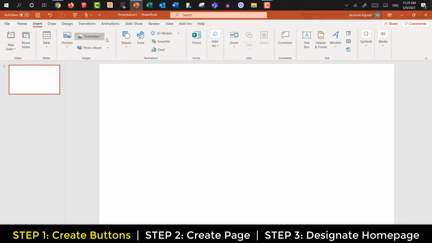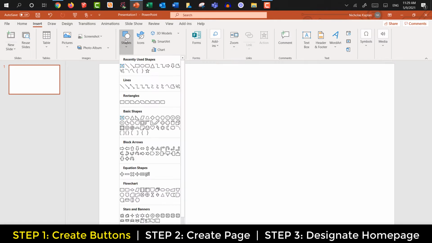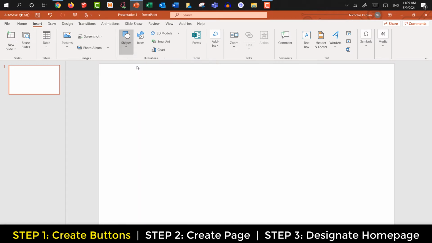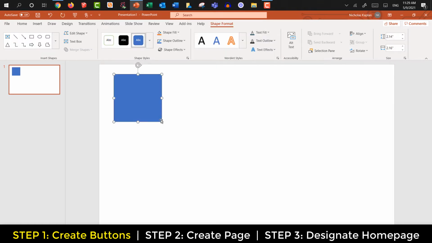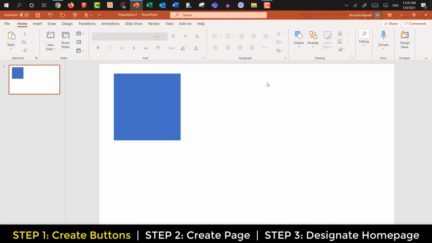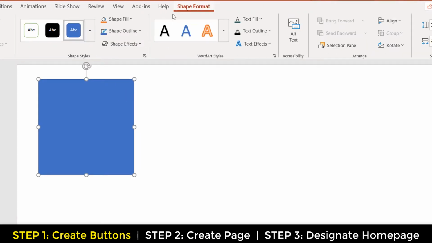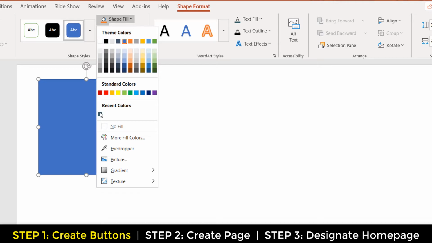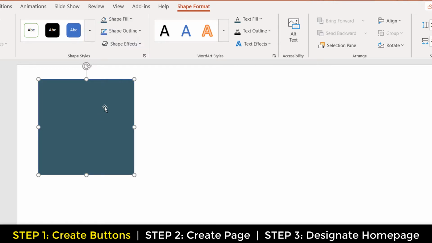go to the ribbon, select Insert, then Shape, and draw a square. Once drawn, I will left-click on the shape, activating the Shape Format tab on the ribbon, allowing me to set the exact dimensions, 3 by 3. Next, I will left-click on the square and change the color. I also want to add a white outline with a weight of 6 point.